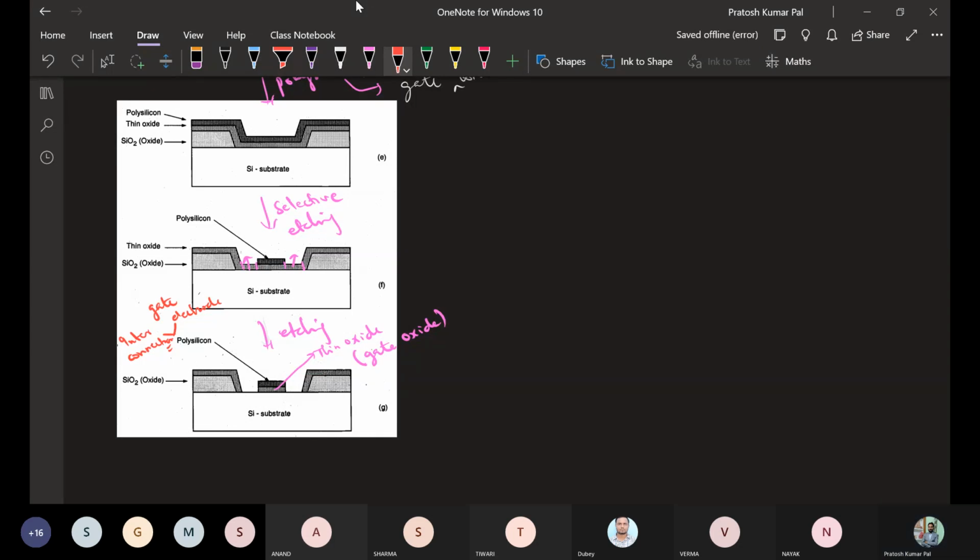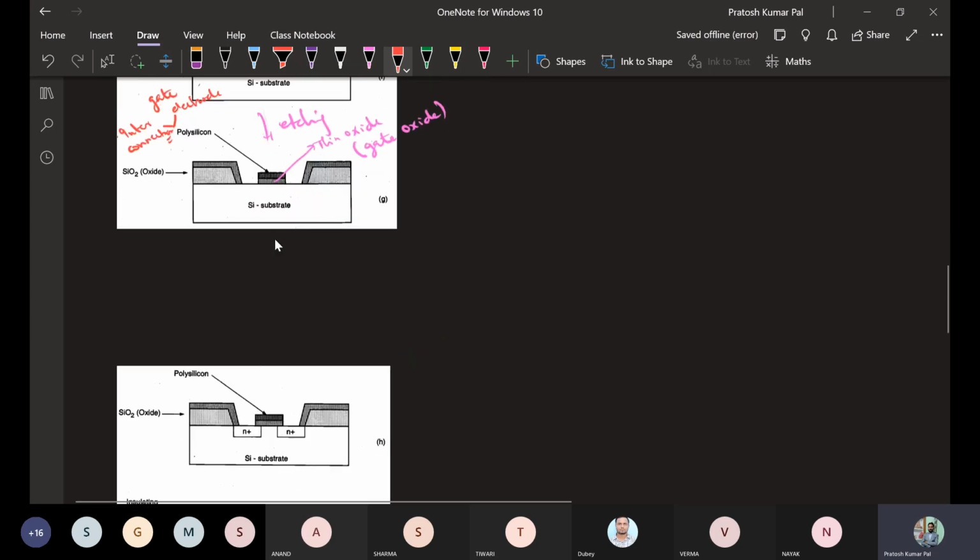The next step is that the entire surface of this semiconductor substrate is basically exposed for doping.